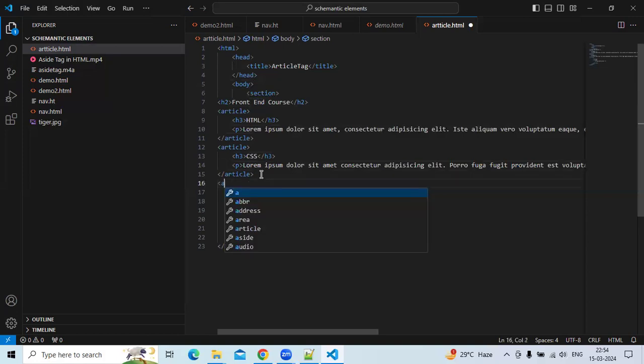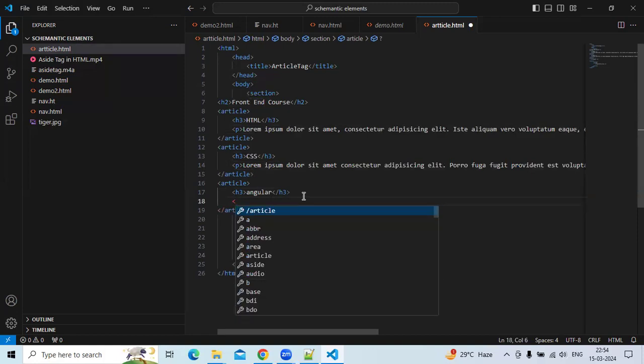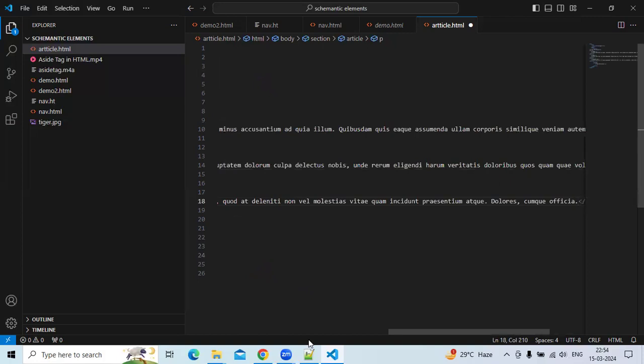Now I am creating one more article. Here I am taking Angular. Now for the article I am taking a paragraph. You can write some articles about Angular. So this is for front end courses.